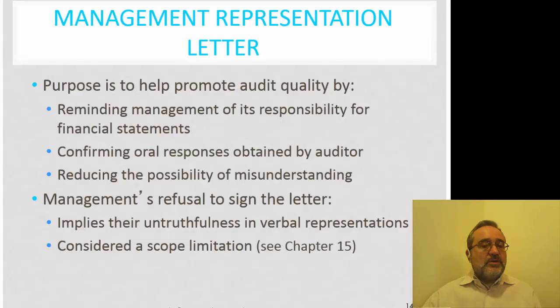Because essentially what this management representation does is it represents that management has provided all information to the auditor. If management refuses to sign the letter, this basically implies that there are untruths, or there's untruthfulness in verbal representations that the management has given. We would absolutely consider a scope limitation to this, and we'll talk about this when we start talking about the